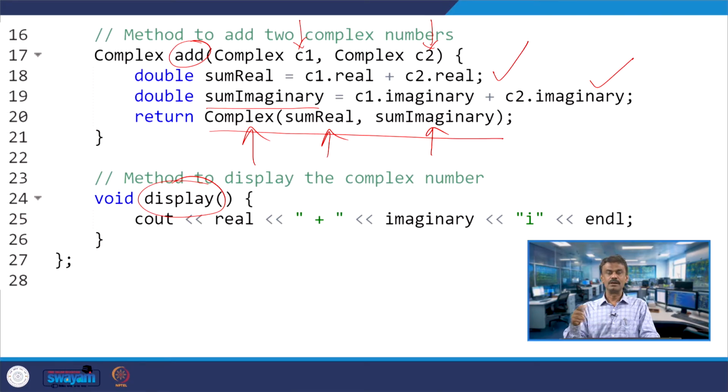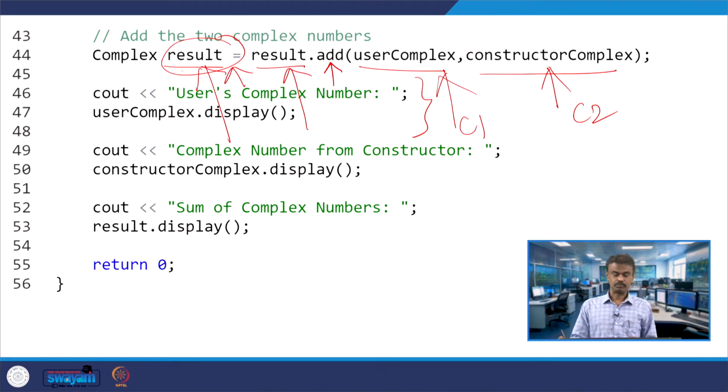The corresponding real parts will be added and the corresponding imaginary parts will be added. So, the complex addition has been done. This is the case when the object result itself is invoking add.